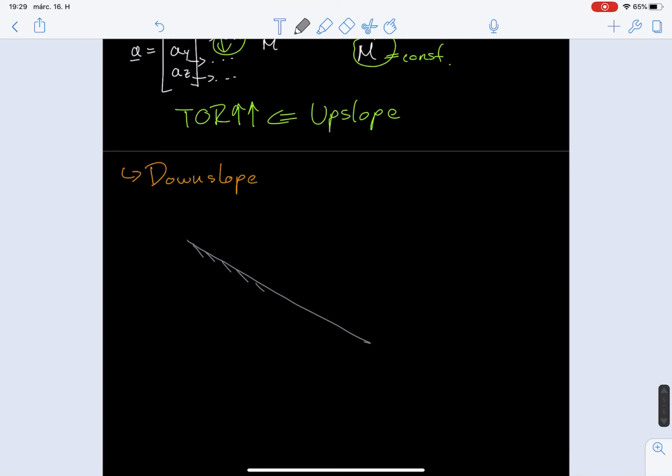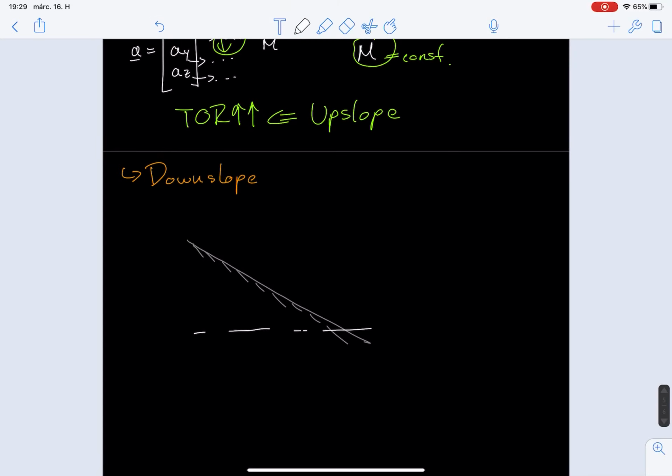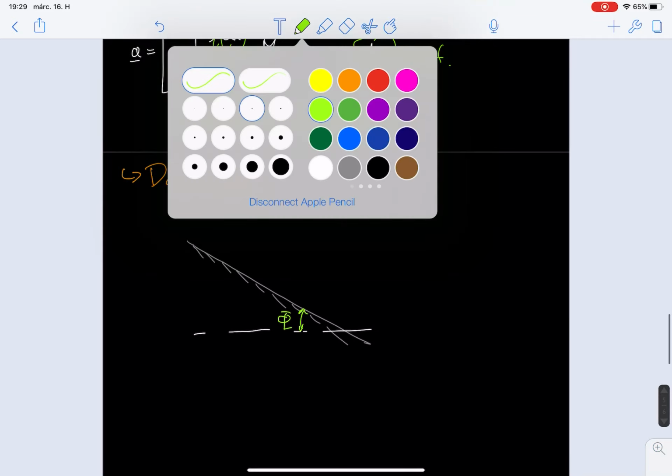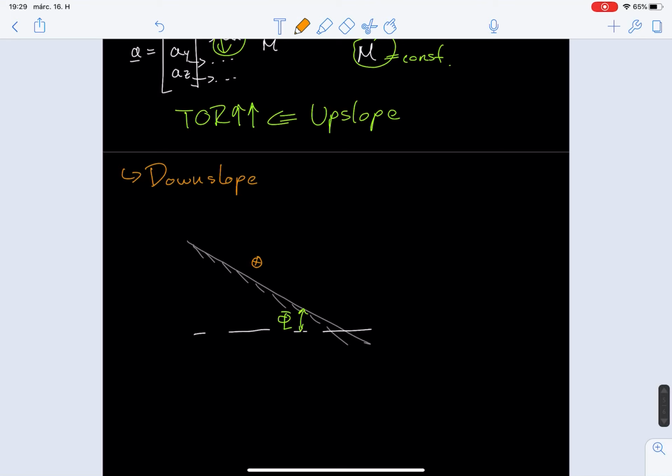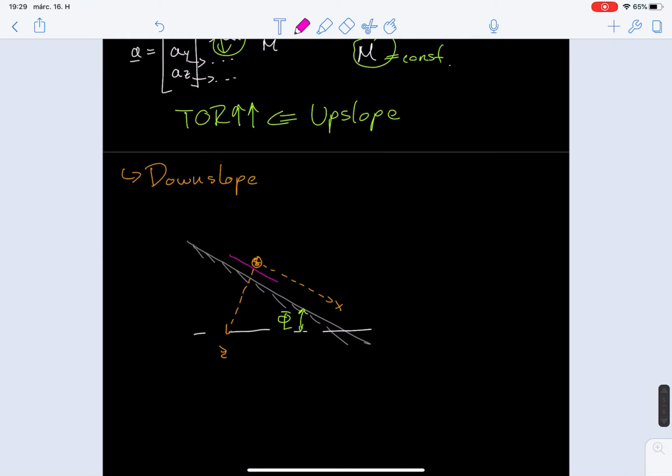Because if you have a downslope, here you have the local horizontal, here you have the phi angle, right? And yet again, we're over exaggerating very much right here, but we have the longitudinal axis of the aircraft, we have the vertical axis, and we have the airplane in its entire majesty right here. There's also a pink one. Okay, so